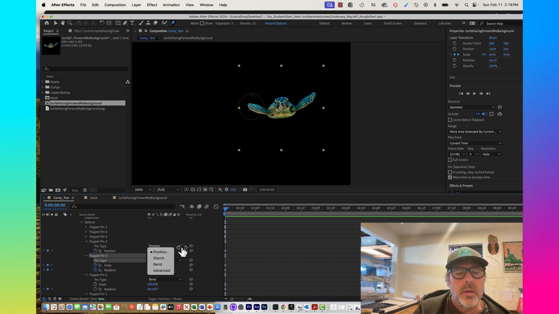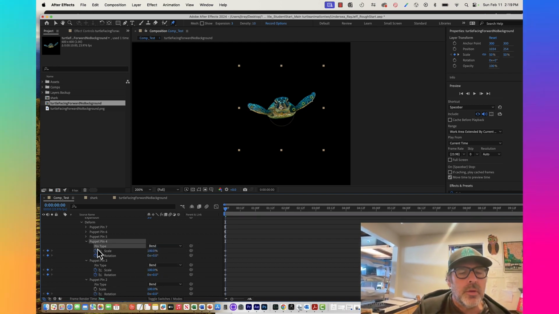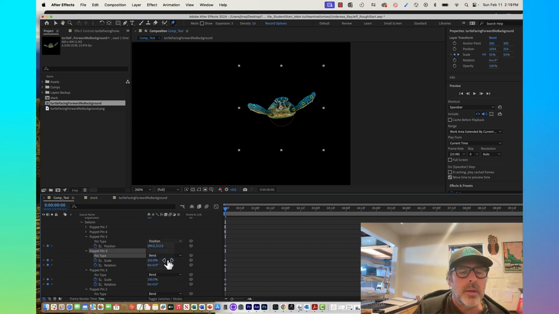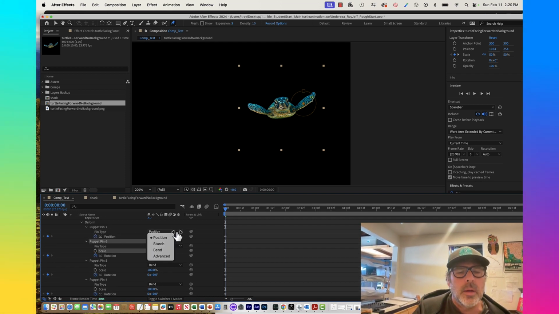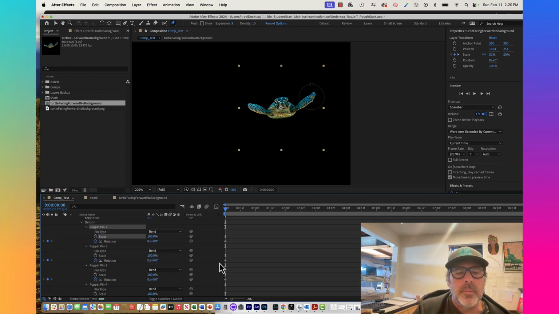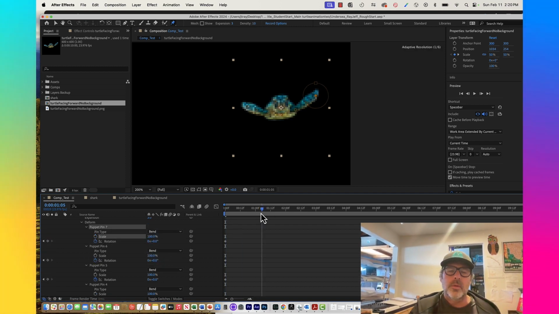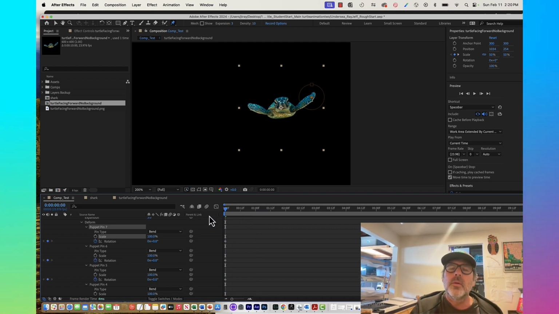So I'm just going to again put bend on every single puppet pin. I'm going to put bend. So I'm just going to do subtle rotations. And then, okay, every single one has it. All right, so check this out. I want all of these to be at 0 right now. But at 2,